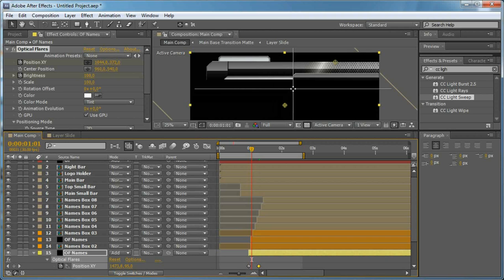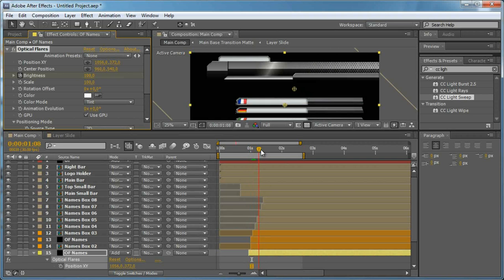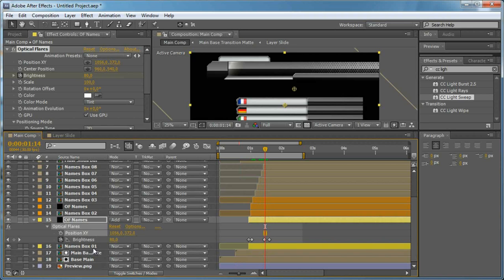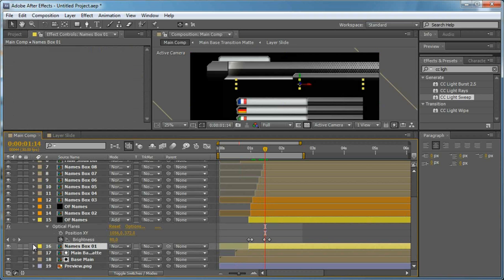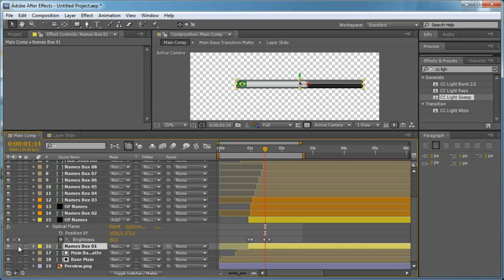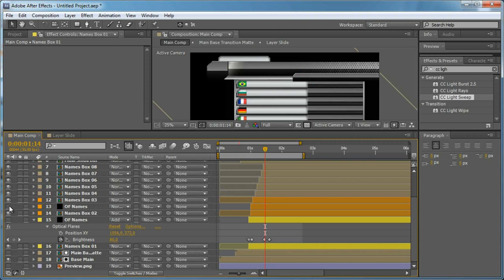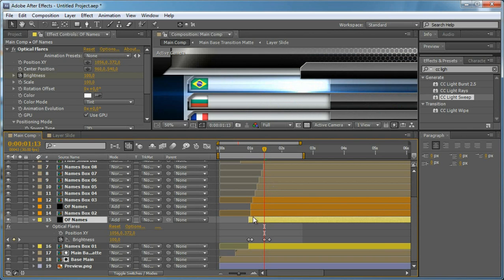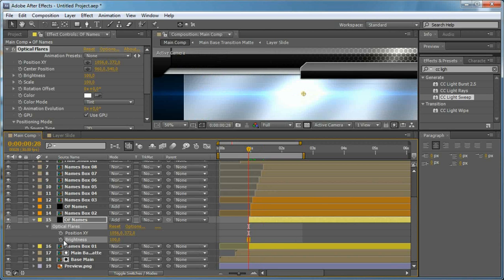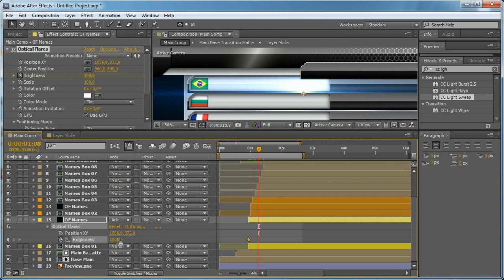and let's set this to add blending mode and take the center, and let's see where is our first box, and it doesn't show for some reason, and that's the reason. Because of this layer we need to set it to add as well. So let's delete the brightness keyframes, set a keyframe for brightness at 100% and 10 frames forward set the brightness to 0,